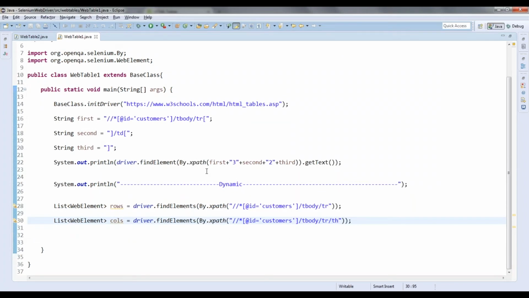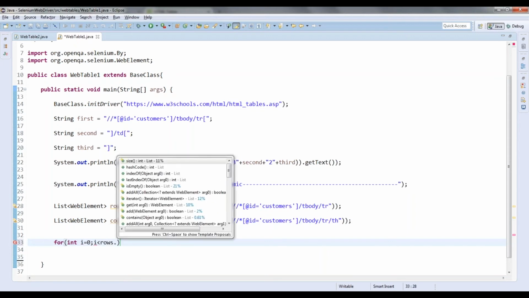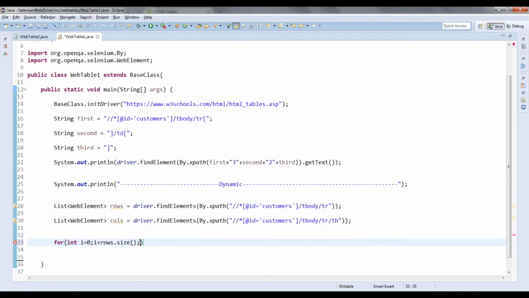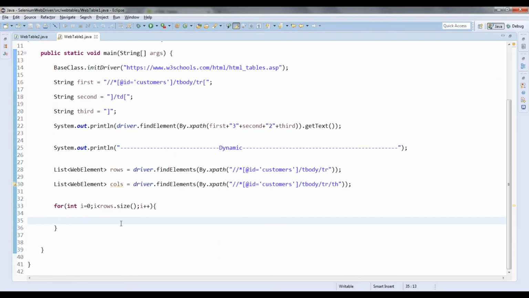So once you get the rows and columns, what you are going to do here: for int i equals 0, i less than rows.size(), i++. Rows.size() will give me the number of rows.